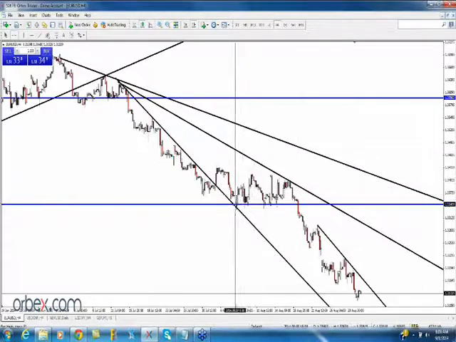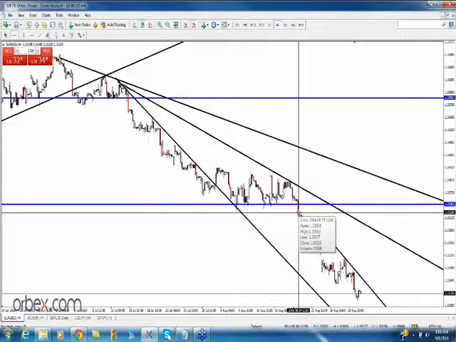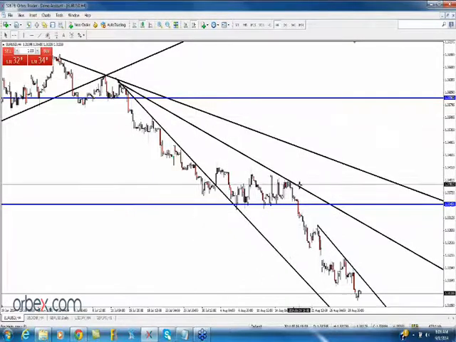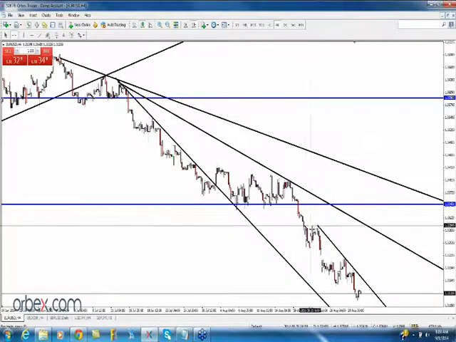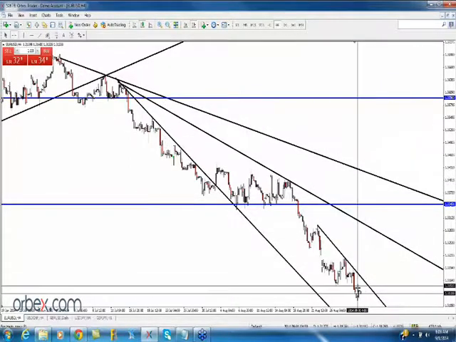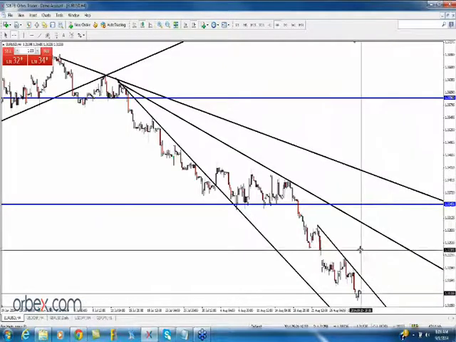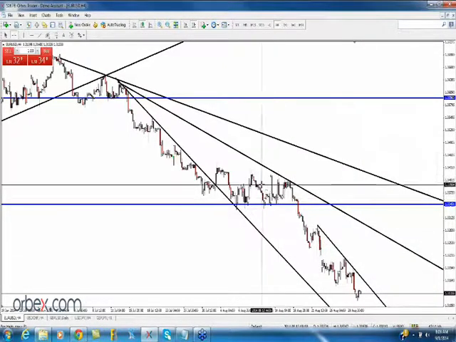So right here again, we'll support, support, support. Broke the low here, confirmation of the downward swing. Here would be the trend line area, and you can see this market just pursue the downward swing. Now it's pretty extended. There may be reasons for this market to possibly reverse, but that's again, in this case